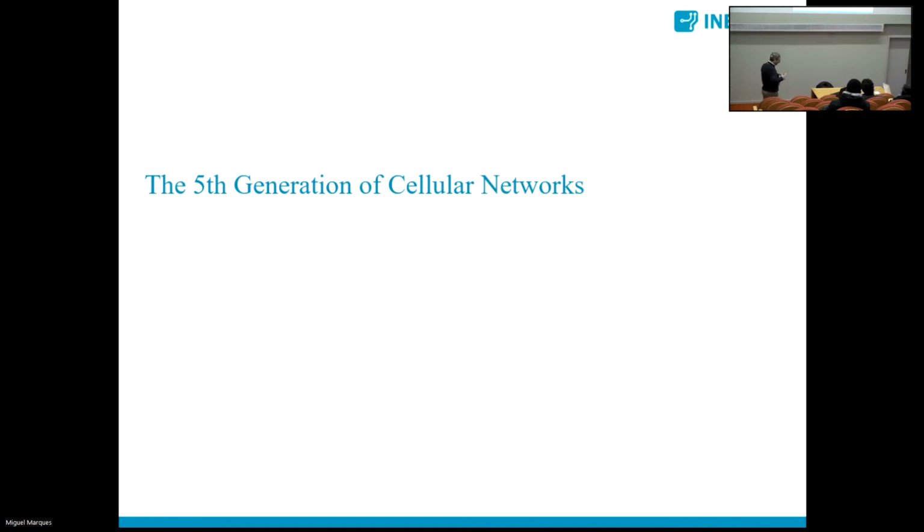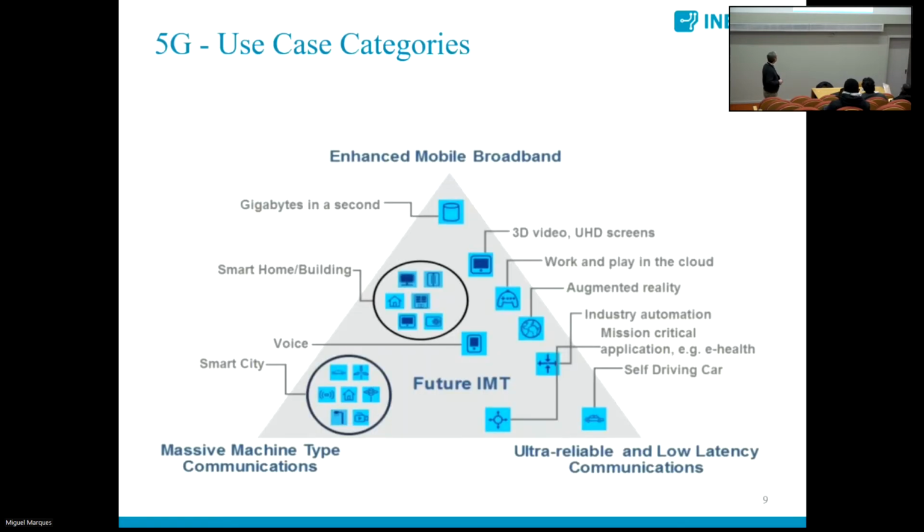So knowing that, let me now try to address first the fifth generation of mobile communications. Let us try to show you how these systems work in general terms, and then I will address 6G, that is the next generation. First of all, the fifth generation of mobile communication is the one that is being deployed, and it has been designed in order to support a large set of use cases.